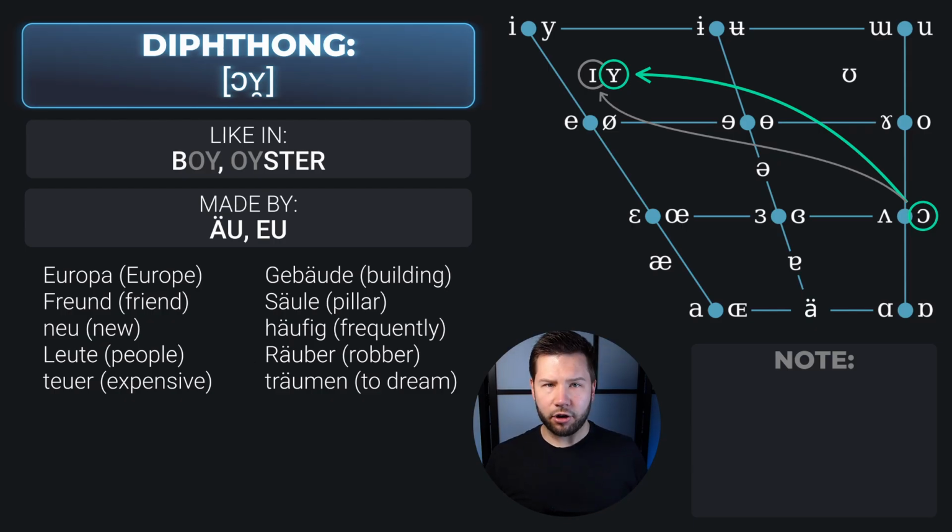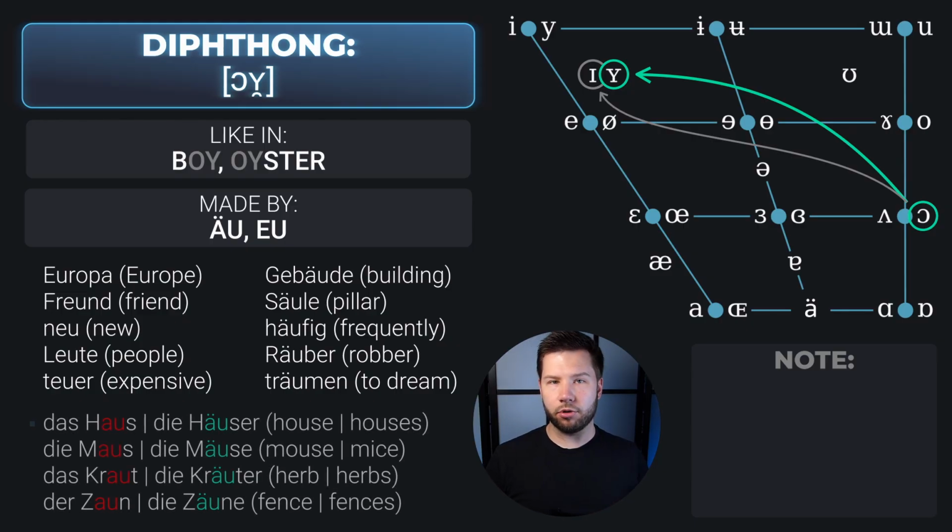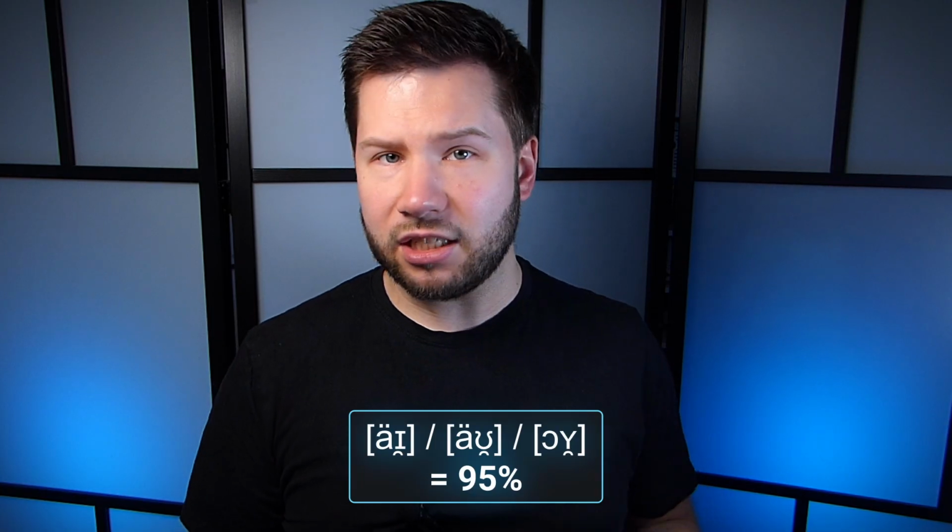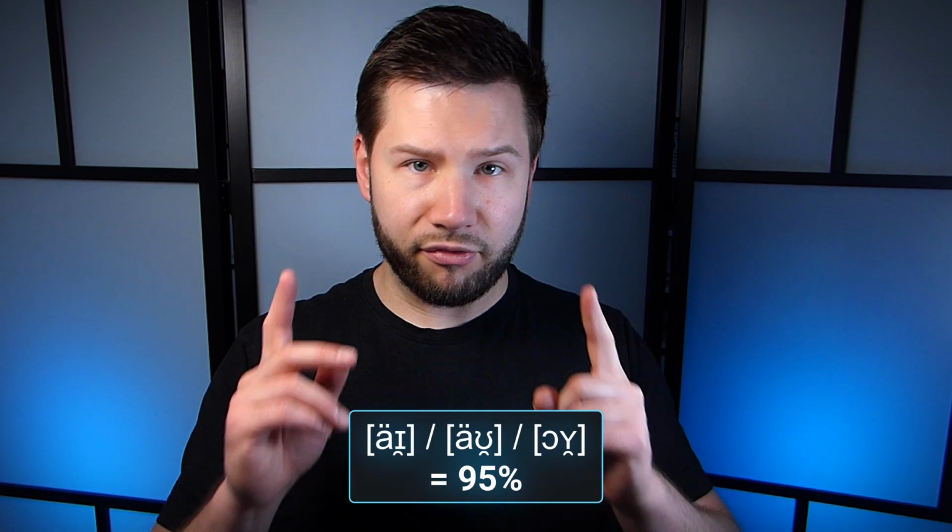Additionally, this sound often occurs in words where au in the singular is turned into oi in the plural. Das Haus, die Häuser, die Maus, die Mäuse, das Kraut, die Kräuter, der Zaun, die Zäune. Alright, that's it for the 3 main diphthongs. Based on my personal estimation, these make up around 95% of all German words, so they are very important to